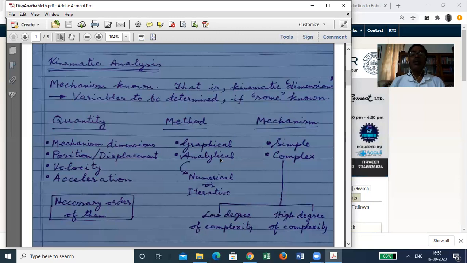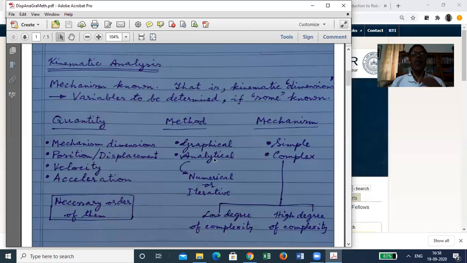Now there is a little catch here. Graphical method does not succeed in all problems which are otherwise determinate. Analytical methods always succeed. Always succeed in what sense? In the sense that